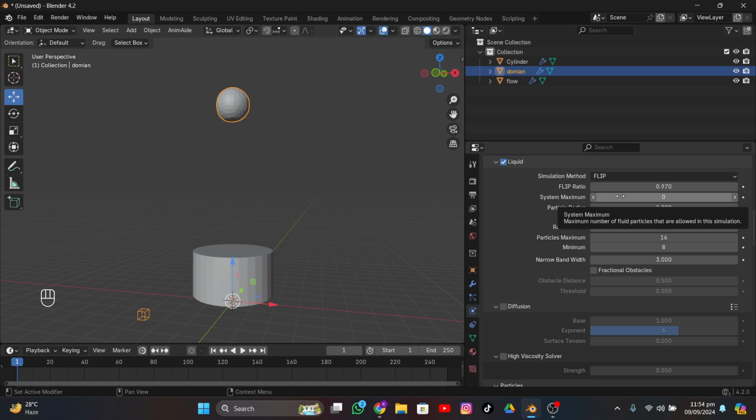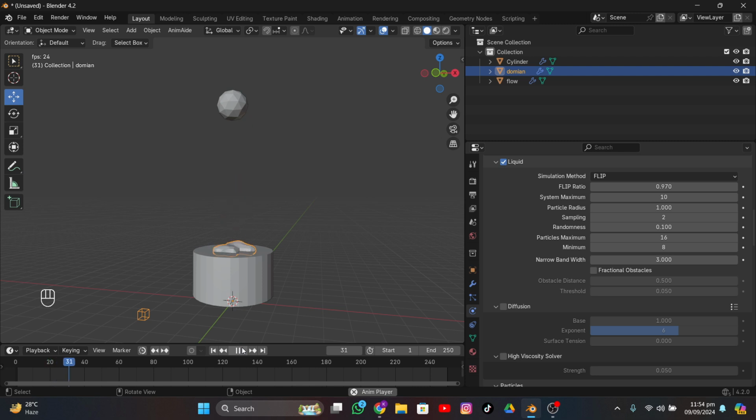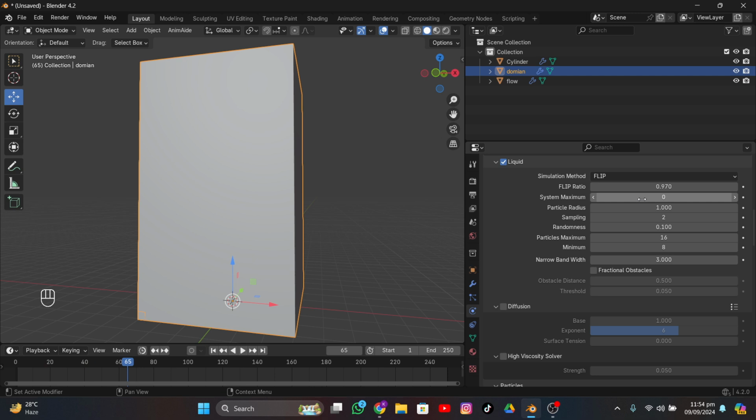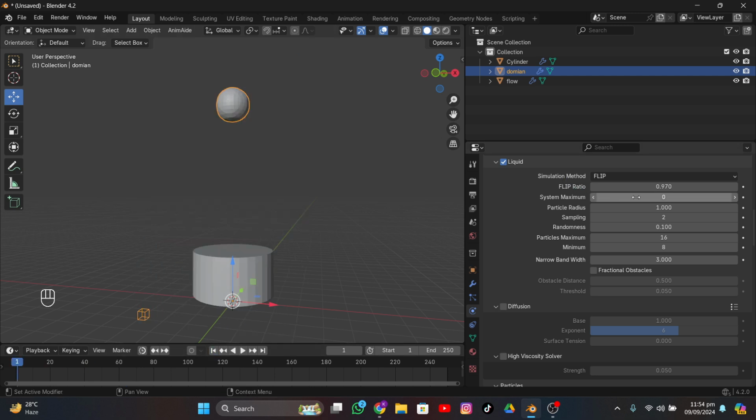And we got a system maximum. So here, in fact, system maximum is just particles. If you increase this number, you're increasing the number of particles that are allowed in the simulation. Okay, so for example, if I make a higher number to something like maybe 10, and I replay this and see what I got here. Well, if it's set to 0, it's using the default system, but if you increase it to a higher number, you gotta define how many particles you want in the simulation. So I'm gonna go for 100, and if I replay it,